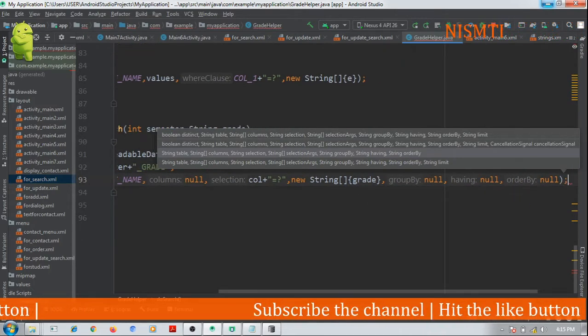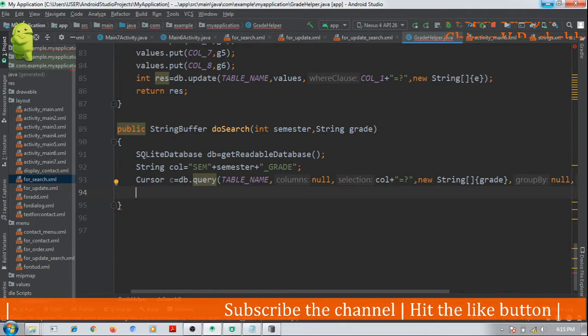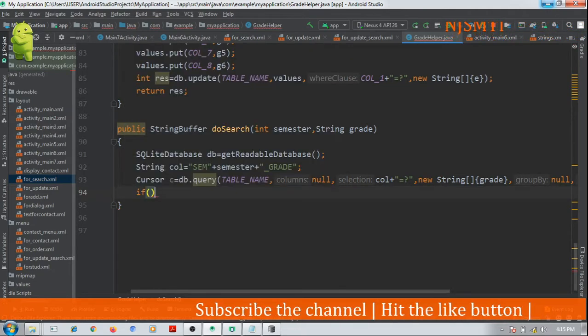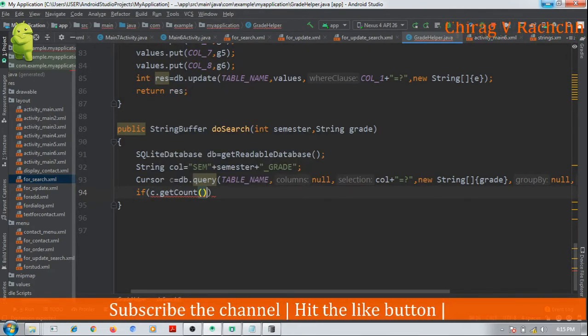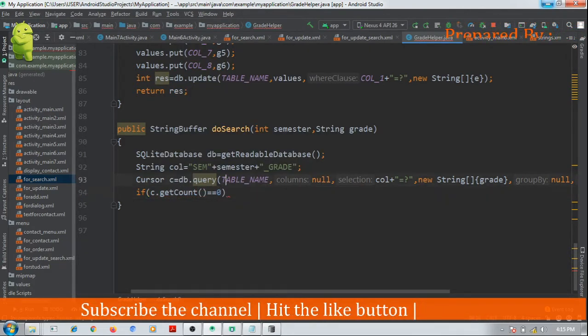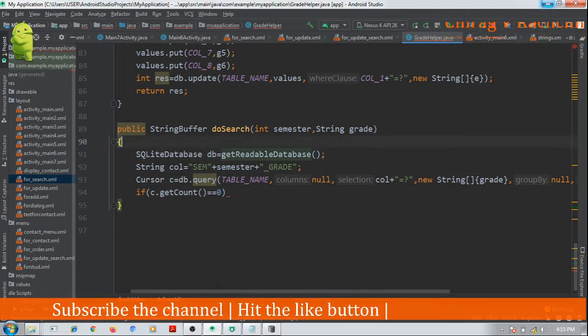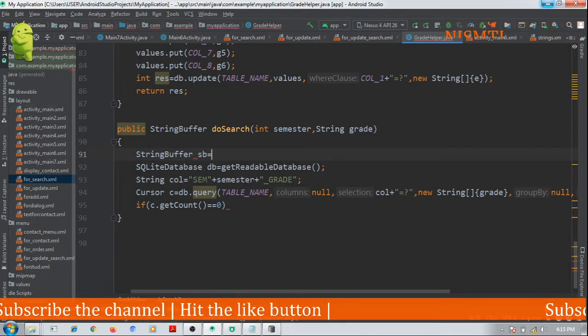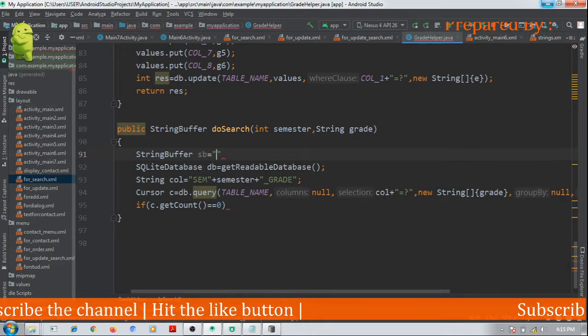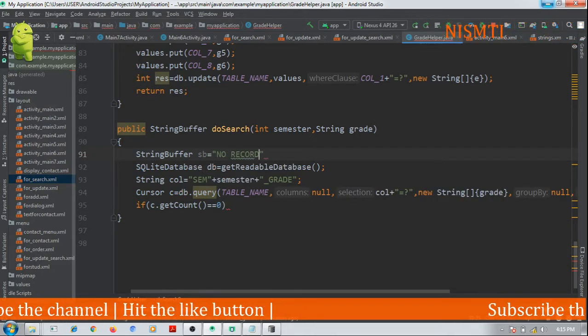Okay, finally I will check here if c dot get count equal to 0, no such record exists. I will define a string buffer here. Okay, sb equal to no records.